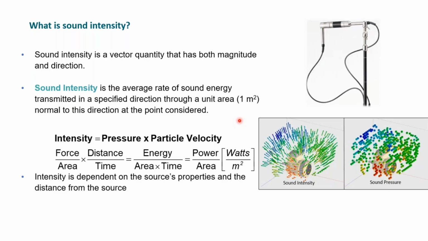Intensity is obviously dependent on the source. Not everything radiates sound equally, and it doesn't necessarily go in the same directions. You'll know that if you've ever worked on an engine. It's kind of crazy exactly where the sound is coming from and the paths it chooses to take. Usually when we do sound intensity measurements, we're either trying to localize where sound is coming from, finding exactly where the hotspots are, or trying to find the direction the sound is emanating through, the sound path. Because if we know the path, we can usually attack the sound problem in that vicinity.